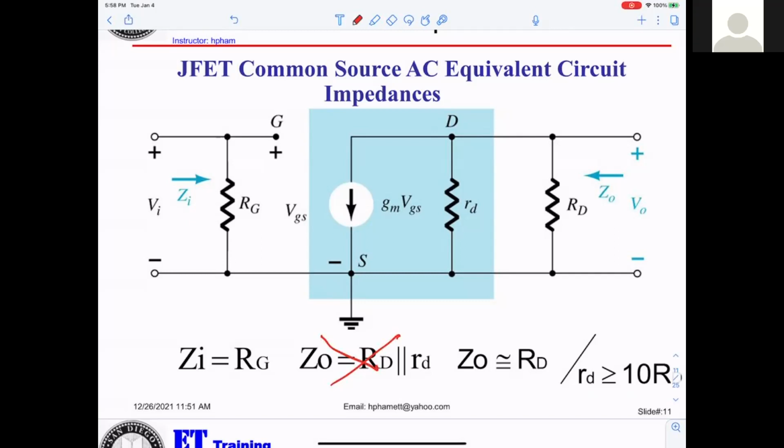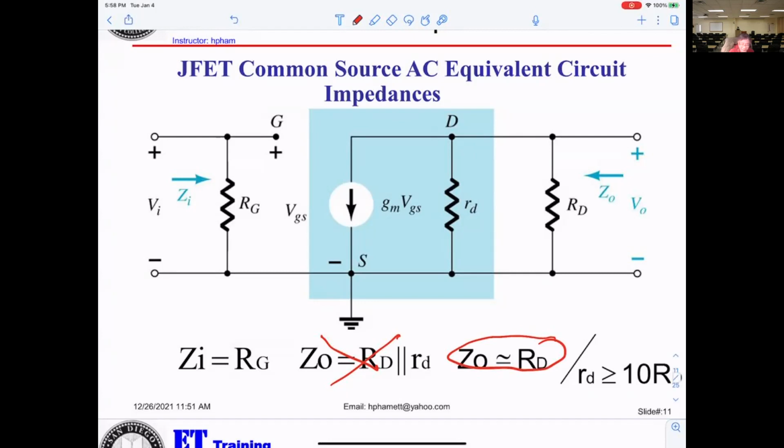You don't care what little rd is. So Z out is equal to the big RD, which you crossed out right here. If they say RD is bigger than 10 times the small rd,